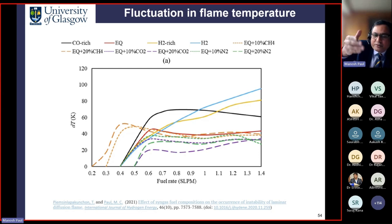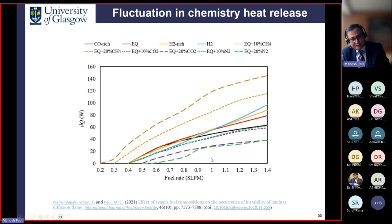However, we can see that because of these oscillations, a large portion of my thermal field is actually oscillating because of the delta T, and that is dependent on the flow rate. If I convert these to the heat release, the chemical heat release, is quite important for the heat we get from it. As you also see, this is not typical heat. This is basically the change of heat in terms of what is happening because of this flickering or other phenomena that we explained. So, which means again that a burner could easily get destabilized because of this oscillation, even at a reasonably